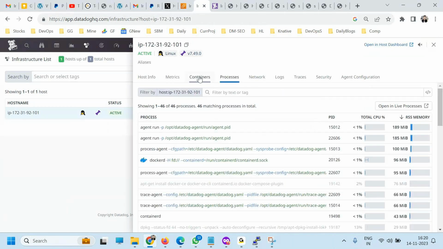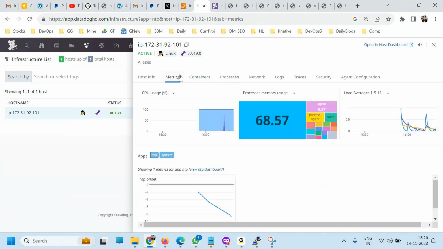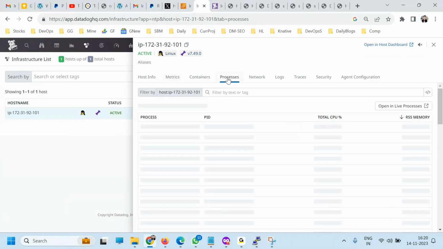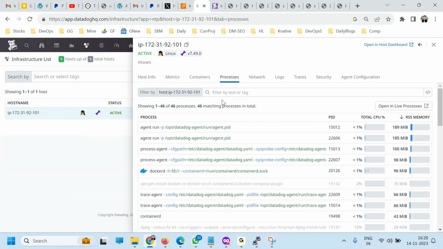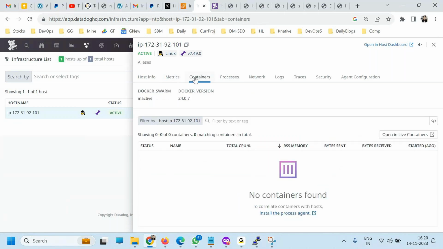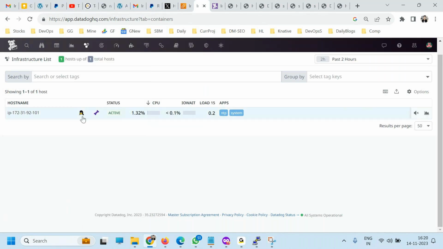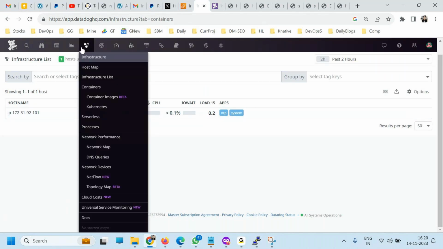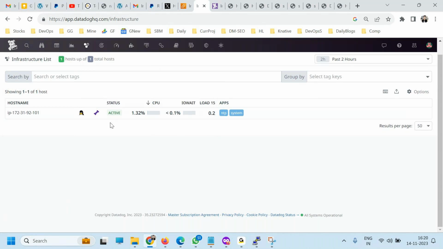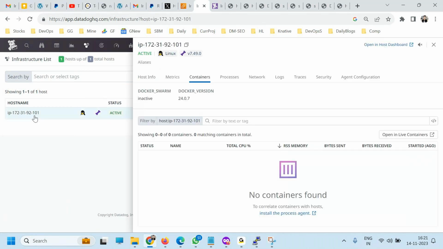Metrics are enabled, which I showed you through the agent process. I made the changes in datadog.yaml and just now integrated Docker. It is not there yet. Just wait a few seconds and it should come. I'll refresh this. Containers are still not there.